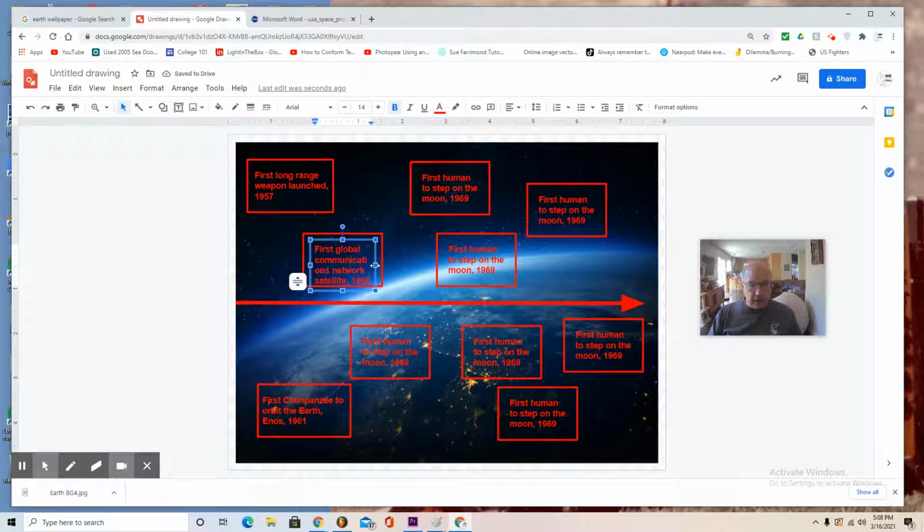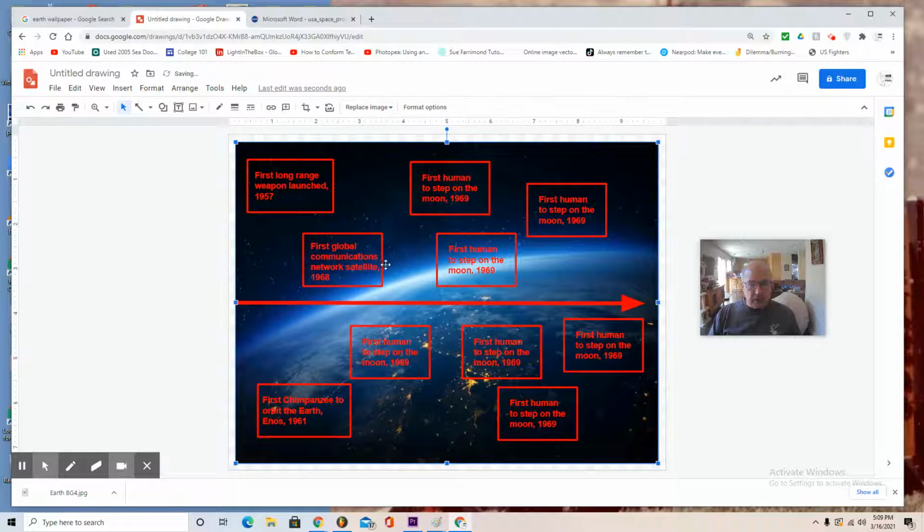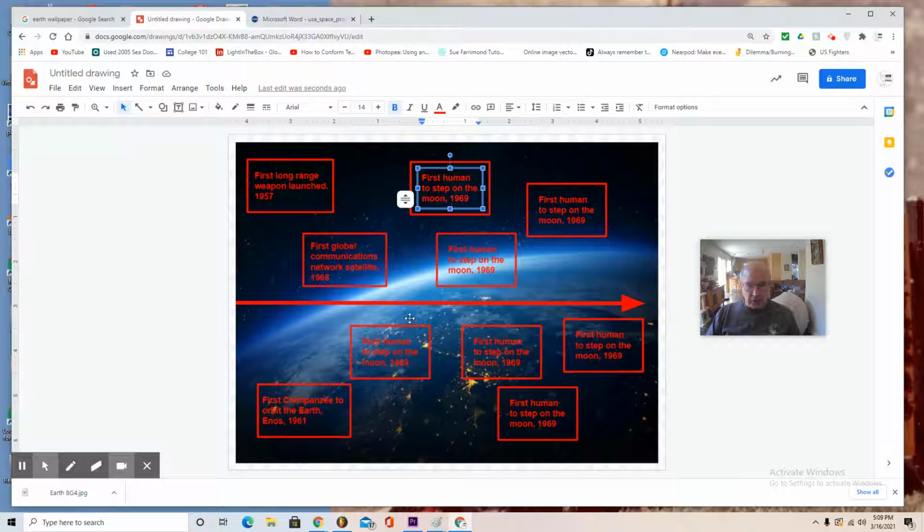And if I don't like it, I'm going to stretch it and try to get it to fit inside my boxes in an aesthetically pleasing way. And you have to practice selecting the boxes and adjusting their shapes. As I proceed across, I just continue to go 57, 61, 68, 69. Maybe I can leave this as 69, and then I'm going to change this box and change it to after 69. I'm looking for the next